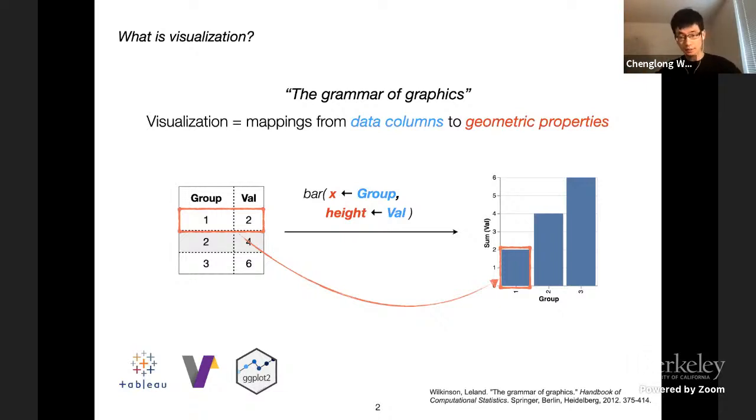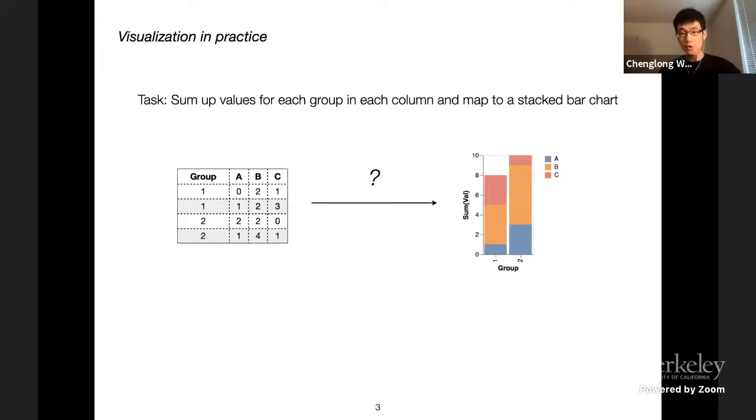But in practice, is it always so easy to create a visualization? Let me use a slightly more complex example. Now instead, we have a data set with 4 columns, and we want to show the sum of each group and for each column in a stacked bar chart. So as you can see, for group 1 and column A, we want to create a bar.